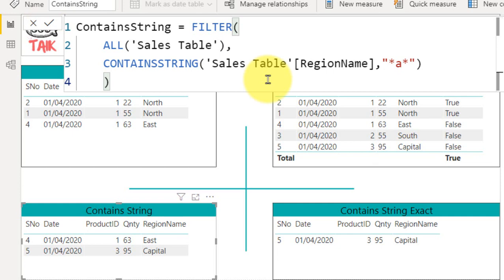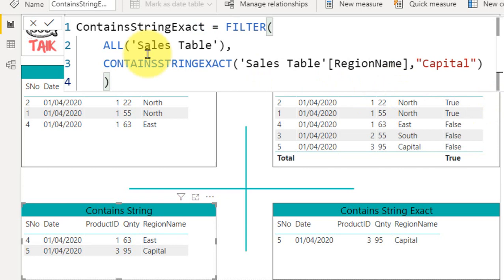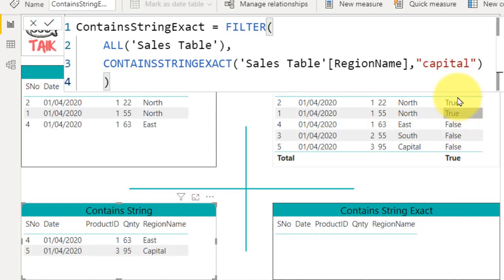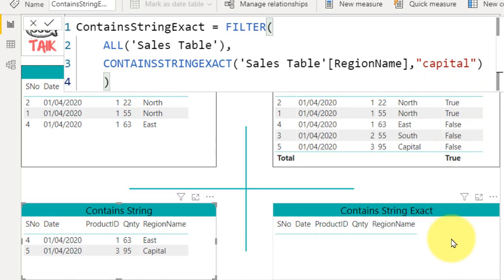Now let's look at the last function, CONTAINSSTRINGEXACT. This also returns a table. As you look at this, I'm using the filter option again on the Sales table with CONTAINSSTRINGEXACT for the same Region column name with the keyword Capital with a capital C. Then it returns Capital here. If I use a small c here, then it is not returning any value because it is case sensitive.